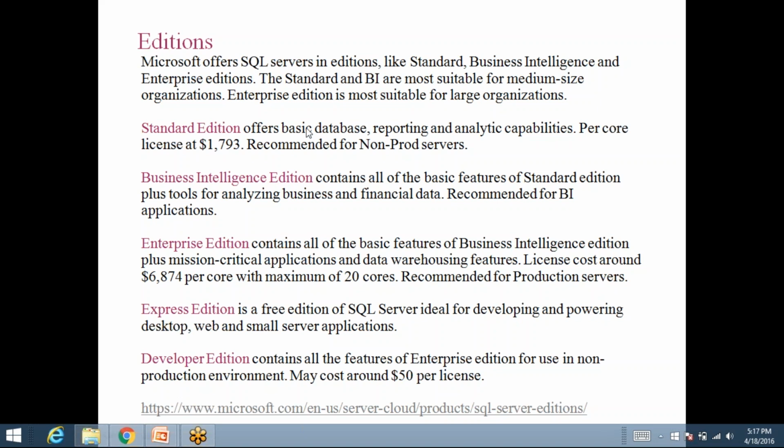The Standard edition offers basic database, reporting and analytic capabilities. So it gives you the basic features wherein you can manage the database, perform reporting and do some analysis on the databases. And the per core license, it is an approximate figure, maybe this could not be the right one, is $1793. So if you want to buy the Standard edition, this is what the organization has to pay